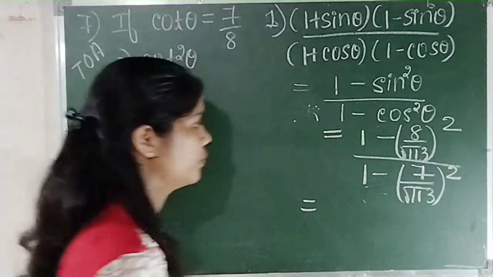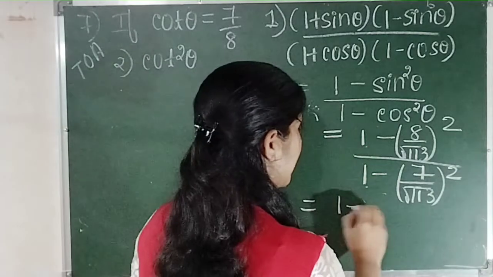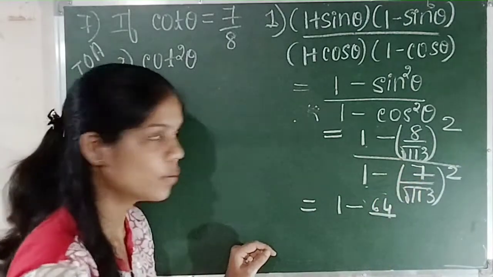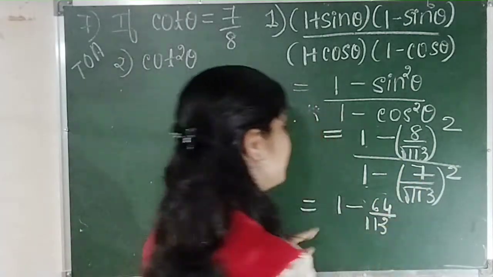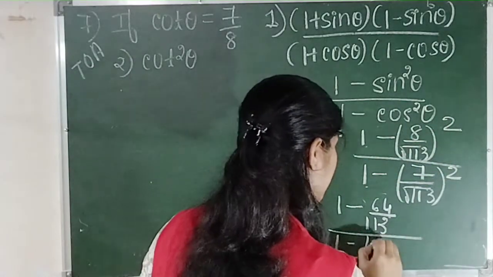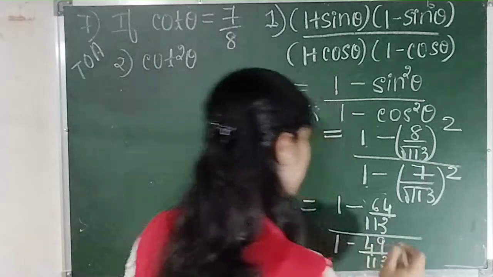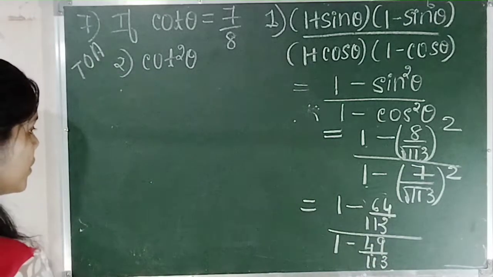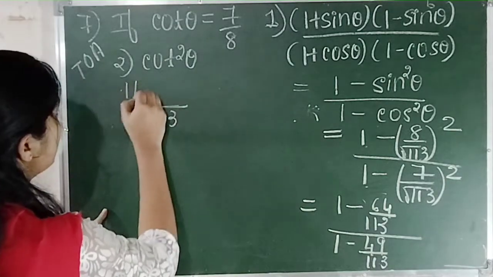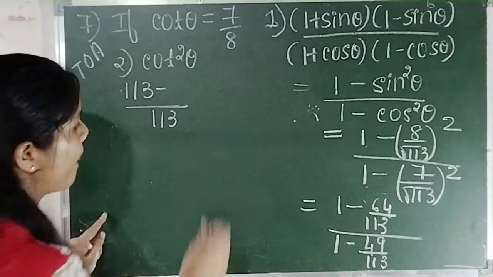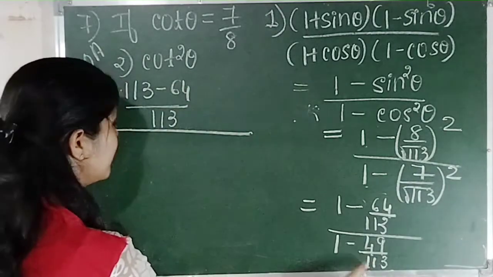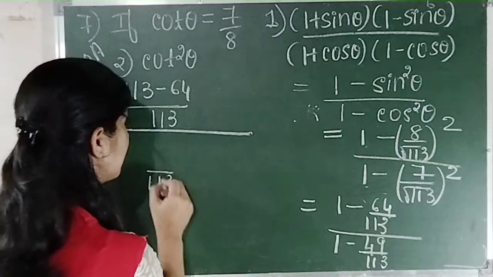So this is equal to 1 minus 8 square, which is 64, divided by square root of 113 whole square, which is 113 because root and square cancel, divided by 1 minus 49 divided by 113. I'll write here. So the LCM here is 113. So 113 minus 64 whole divided by, similarly here the LCM is 113,